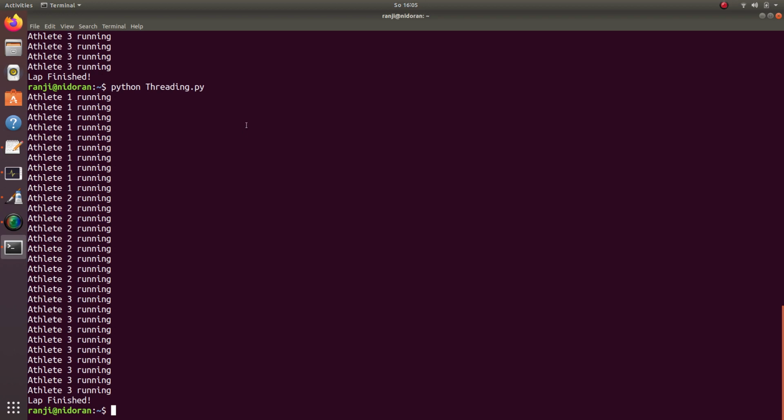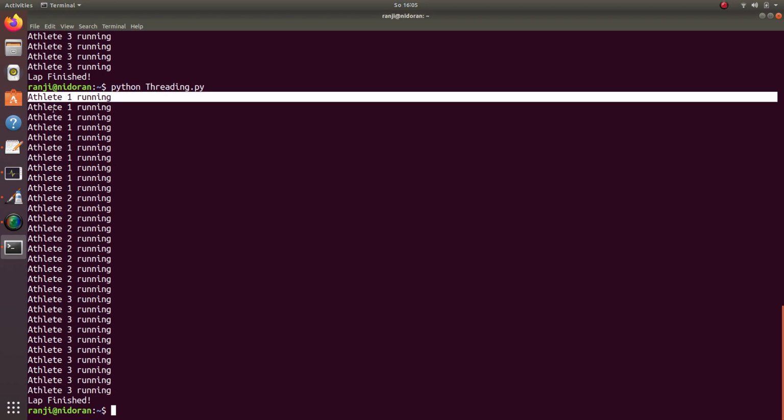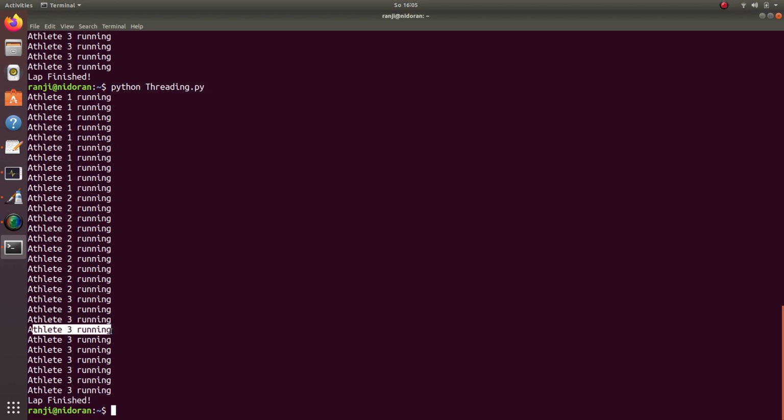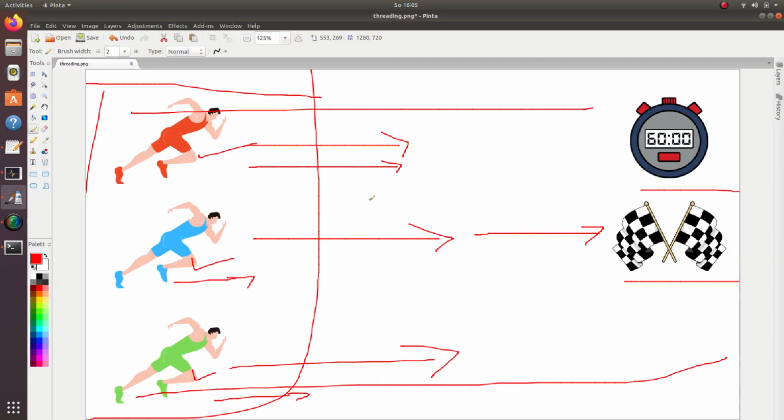Now if you closely observe the output of this particular execution, we can see athlete 1 is running, athlete 2 is running, and after some time athlete 3 is running. What happened is that this is a serial execution, not a parallel execution. As I have mentioned here, all of these athletes at the same time should be in a parallel execution, but sometimes this athlete can be behind, sometimes ahead, at different positions.